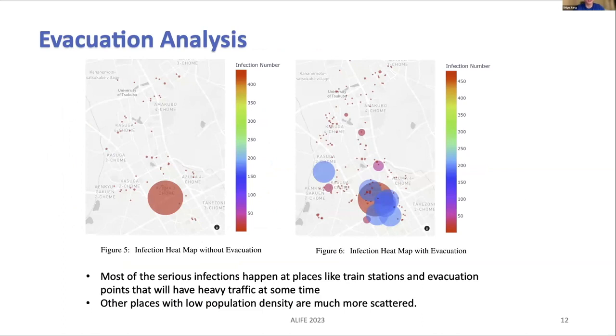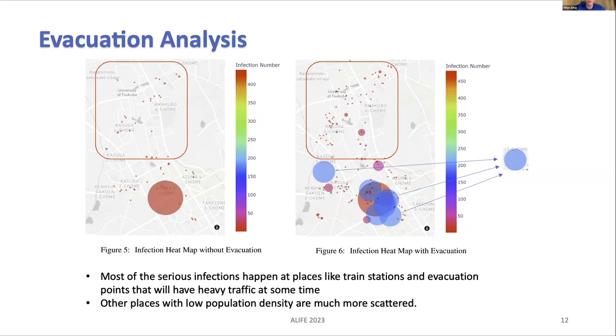So this is the geographical visualization comparing without evacuation and with evacuation. The medium-sized blue points are the evacuation centers, and it shows there will be lots of infection cases. And here you can see there are many more small-sized red points in the with evacuation scenario. That is because those infected agents in the evacuation centers were spread out after the evacuation and keep infecting the surrounding area. So there will be a